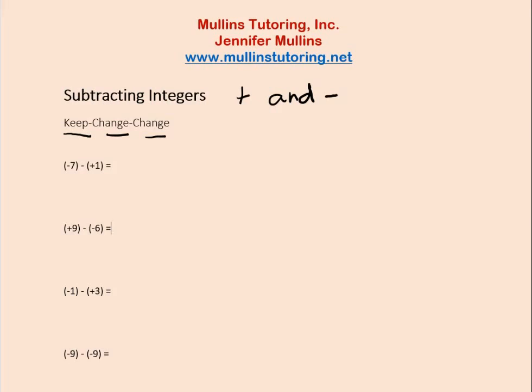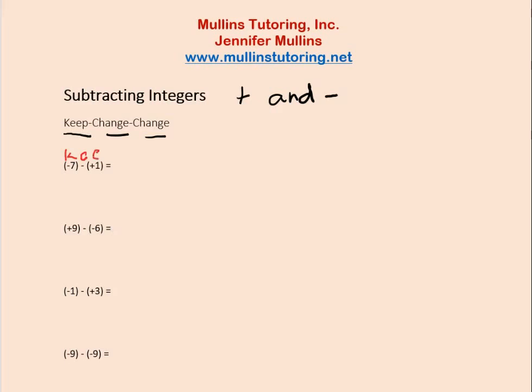And all this means is I'm going to keep the sign of the first with the first number. I'm going to change the second sign and change the third sign and then solve it as addition. So let's look at this. So what we're going to do is I'm just going to put K,